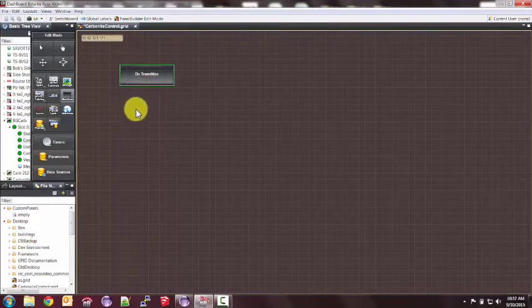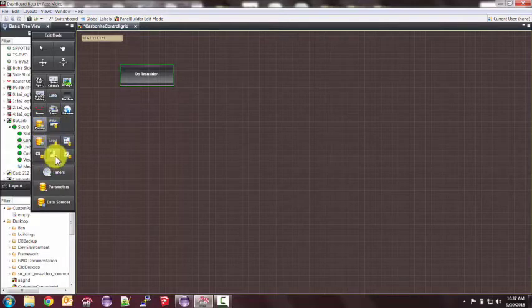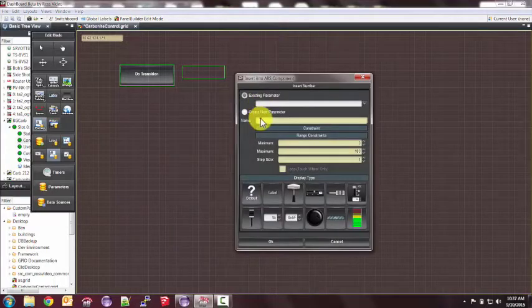We need to know on what ME we're going to do the transition, and maybe we need to know how many frames that transition will take. So let's add in a couple of parameters. They're both numbers. First, let's do the ME. So I'm going to click and drag a number parameter here. We're going to create a new parameter called ME number. It can go anywhere from 1 to 3.